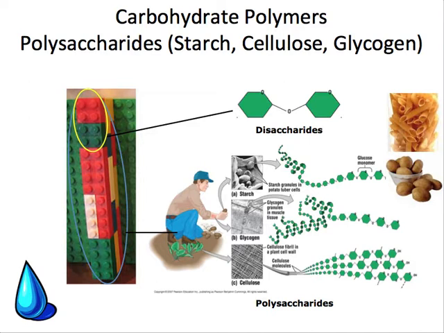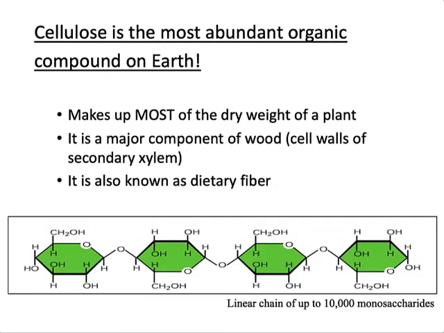But at the end of the day, these are just strings of monosaccharides that are attached by chemical bonds. Cellulose is considered to be one of the most abundant organic compounds on our planet. It makes up most of the dry weight of a plant and therefore is considered a major component of the cell walls, right? Plants are just collections of cells, and every single cell is surrounded by a cell wall that's dense with cellulose. In those plants that have woody growth, which is to say secondary growth, most of the wood